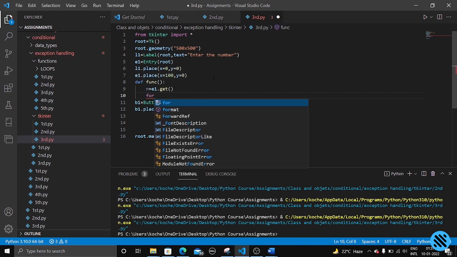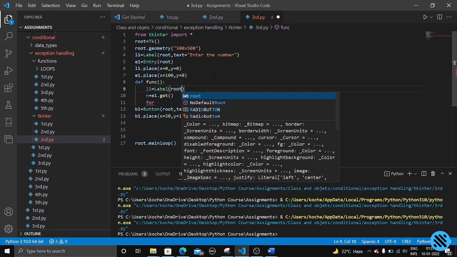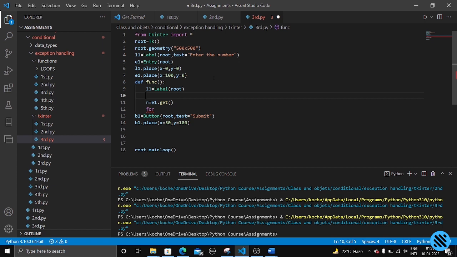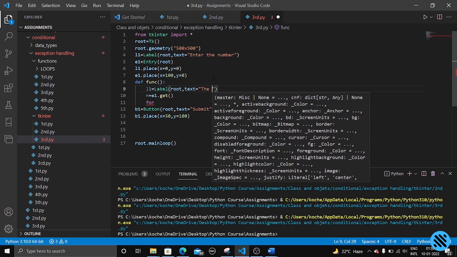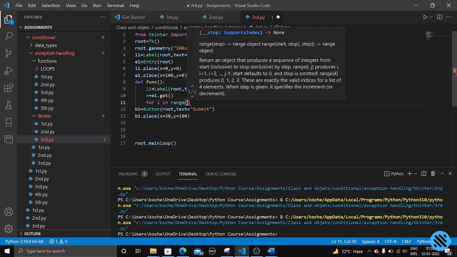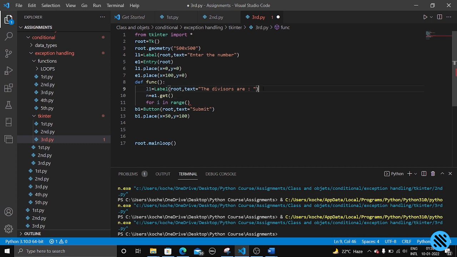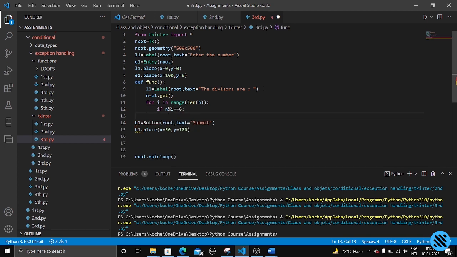First let us create a label, L1 equal to Label(root, text equal to "the divisors are"), and what I'm going to do is for i in range len of n, if n mod i double equal to 0, then what I'm going to do, L1.config